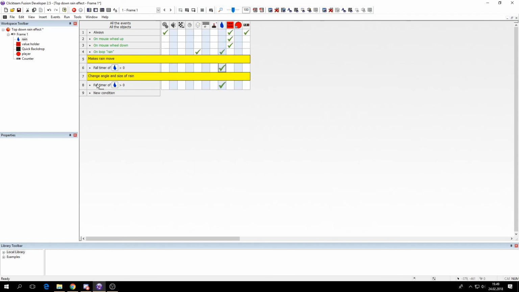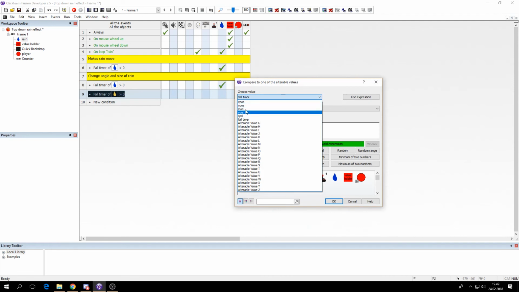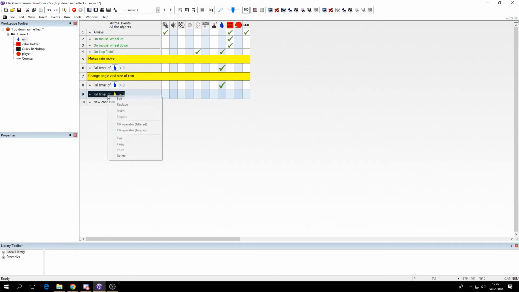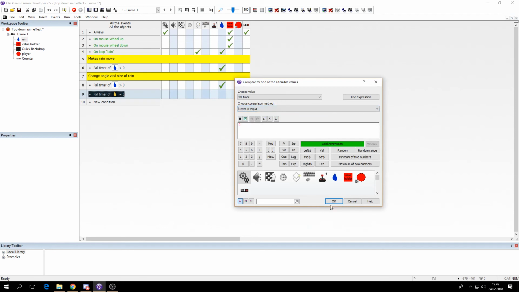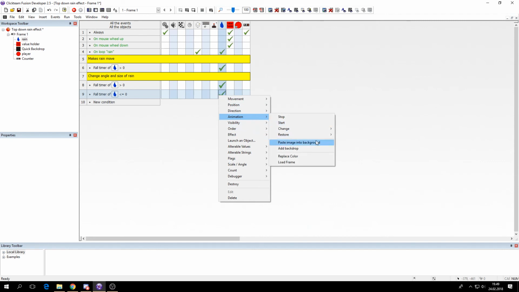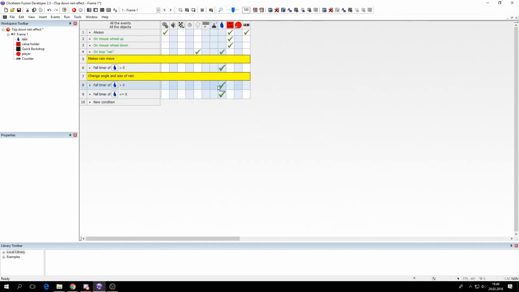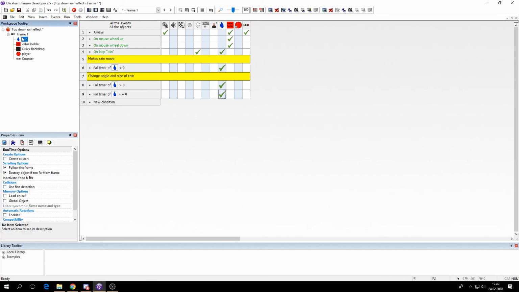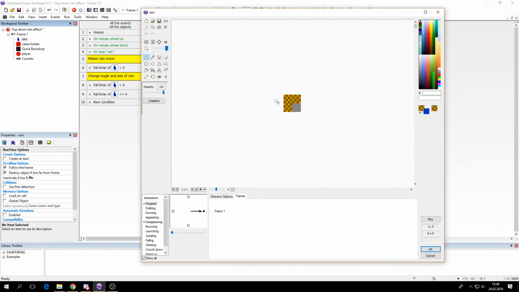Now when the fall timer is 0, then let's say 0 or lower, just so we don't accidentally have any of them left. You don't want to destroy them. And I added bring to the back so they don't end up in front of the player on the splash animation. Also, when you create the raindrop, you should have a disappearing animation like this, and the stopped animation should be